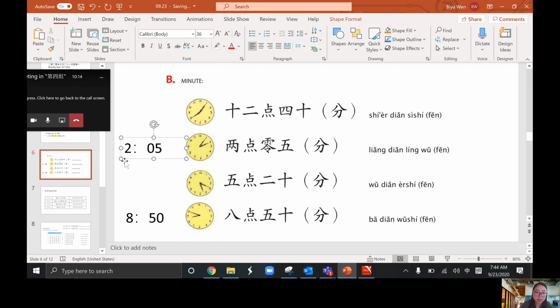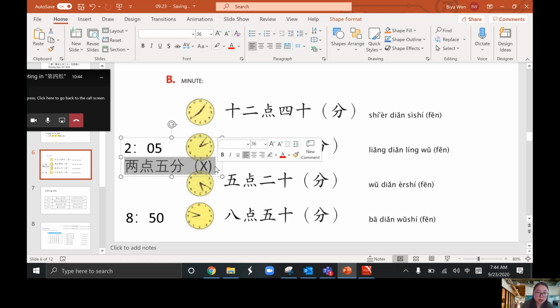If 0 is in between, like in between the clock and the minute, you have to say 0. You cannot just say 2点5分. That's incorrect. Okay, I hope you can remember this. 2点5分 is incorrect because there is 0 between the clock and the minute, right? You have to say